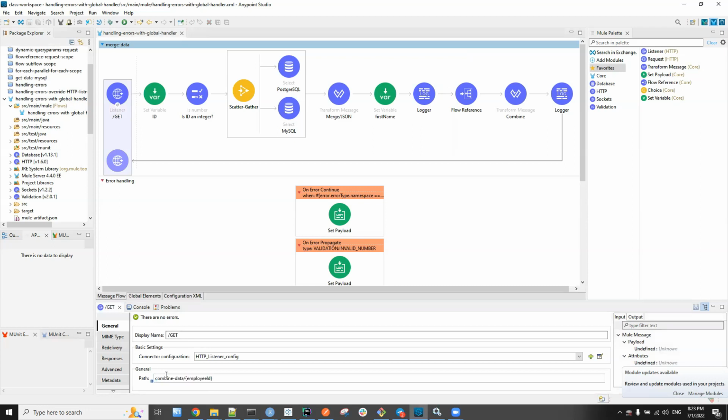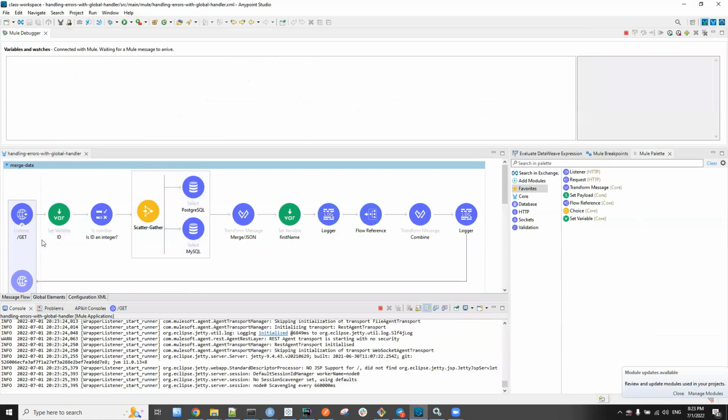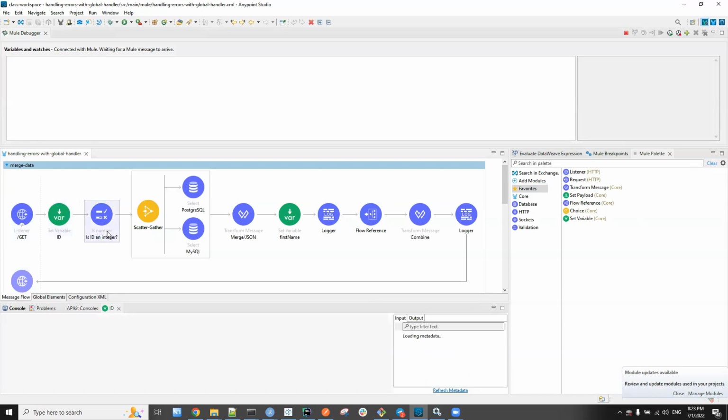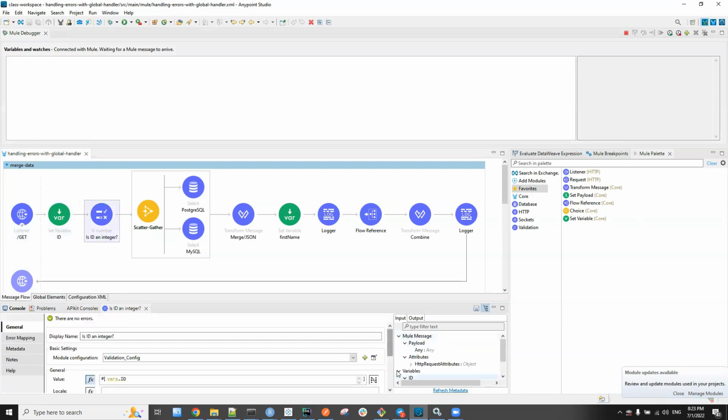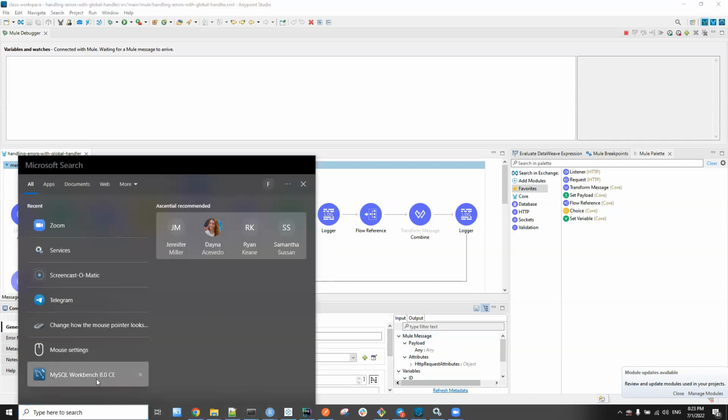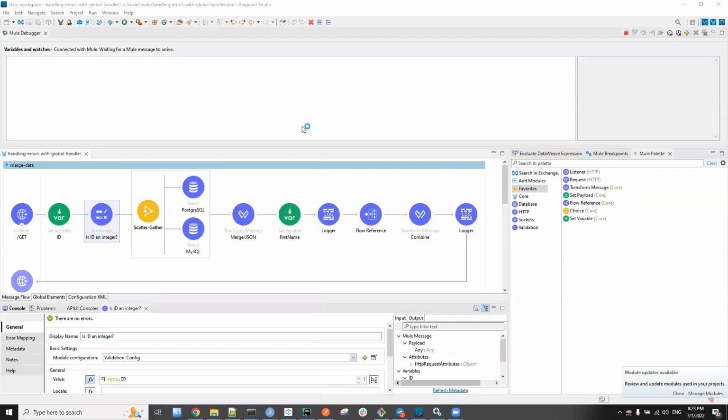Combined data is a path. And this employee ID, I am creating a variable from it, as ID. Here I am checking if the ID is an integer, because the database ID we have is an integer. So I want to make sure the correct data type is sent. If it is a string, for example, it should give an error message.